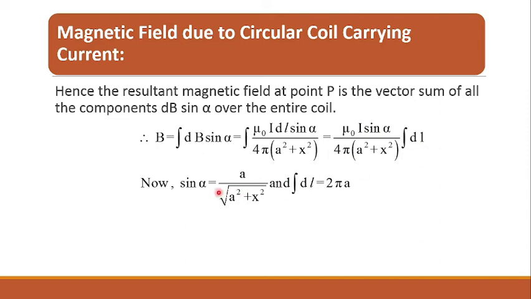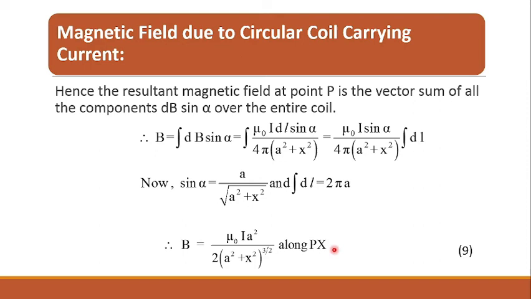Now since sin alpha is equal to a upon square root of a square plus x square, and integral of dl is equal to 2 pi a, the circumference of the circle, B is equal to mu 0 I a square upon 2 (a square plus x square) raised to 3 by 2,